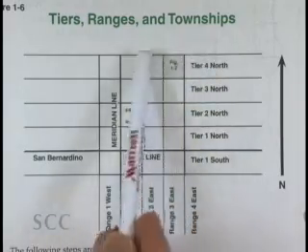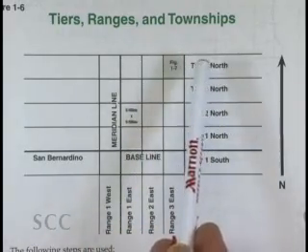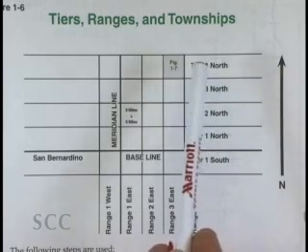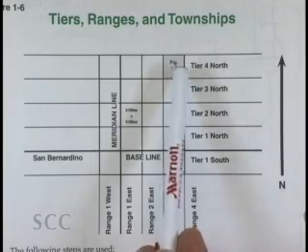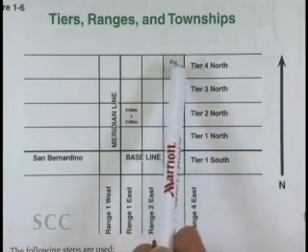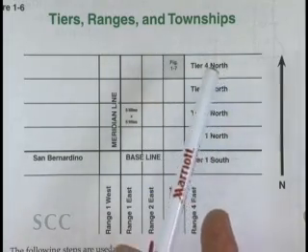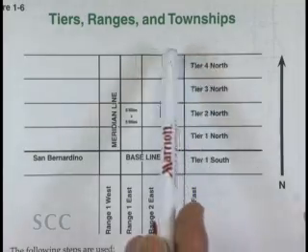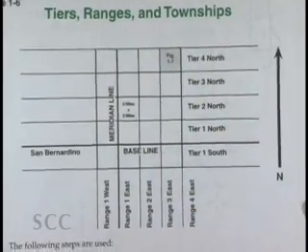Now this diagram here, this figure 1-7 right here, in a minute, when we turn the page, that's what's going to get blown up. So remember that. We're going to blow that up. We're going to show how big that is. That's a fairly large piece of land right now. That figure 1-7 is 6 miles by 6 miles, or 36 square miles. So it's fairly large. It's called a township. So that's a township, that's a township, that's a township. That's where we get the term. Okay? When we blow that up,